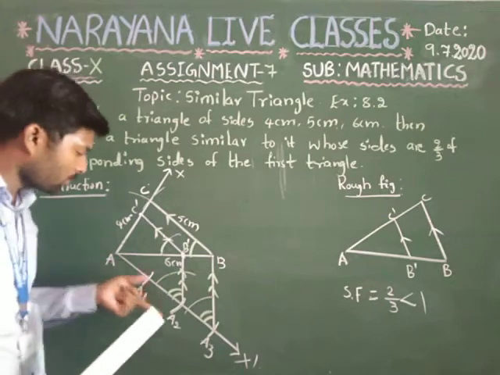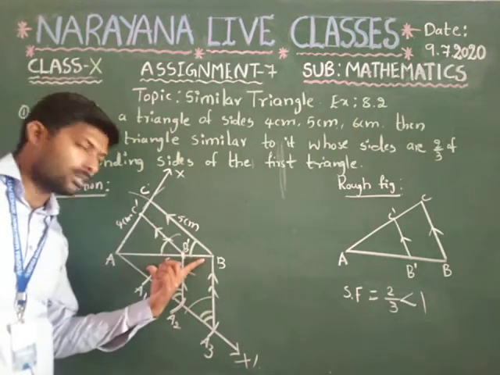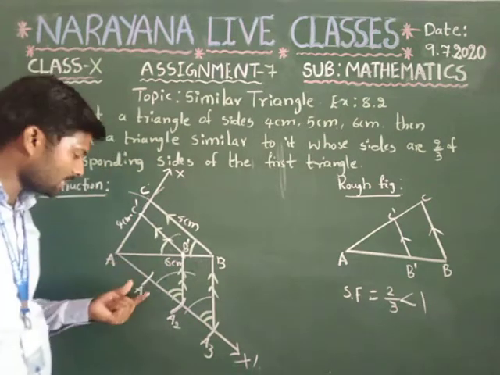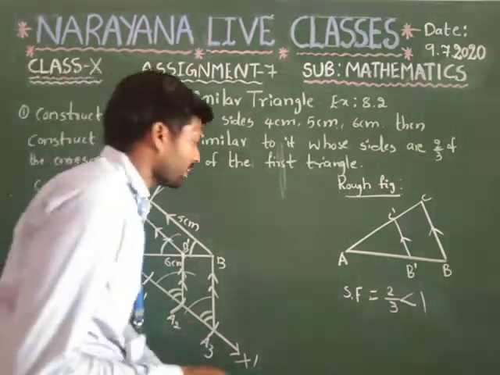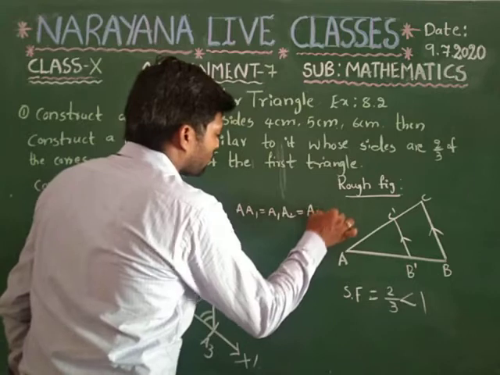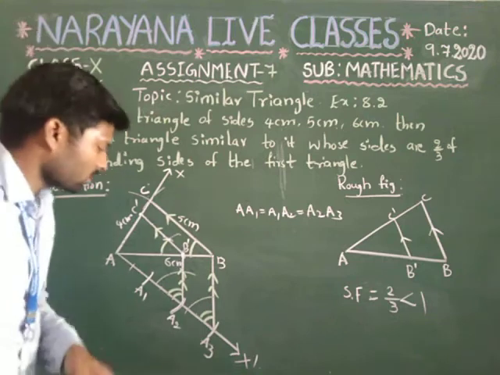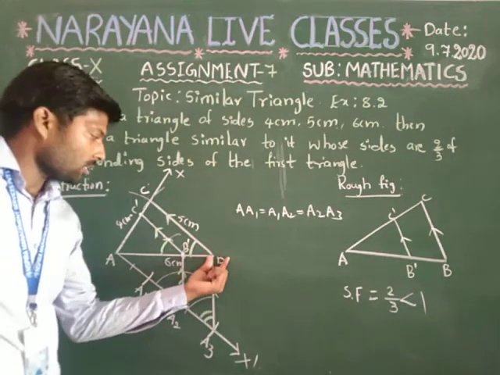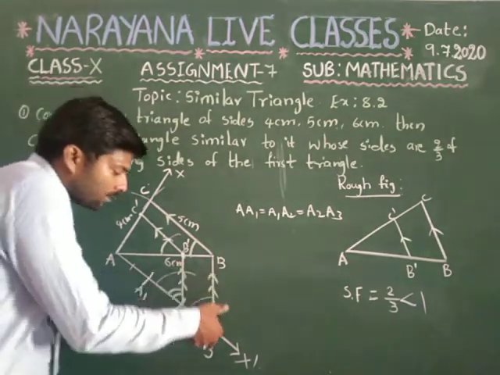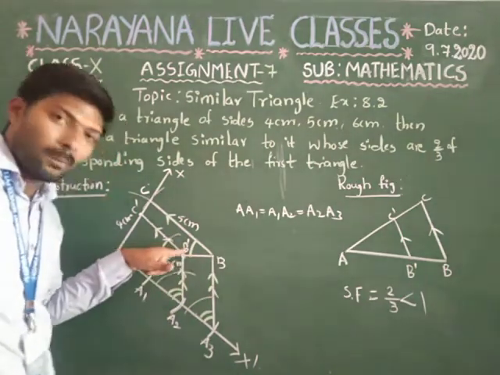After that, in the next point you have to write like this. Draw a ray AX dash which makes an acute angle with line segment AB. Then you have to divide it into 3 parts, that is A1, A2, A3, such that AA1 is equal to A1A2 is equal to A2A3, so that these lengths are equal. After that, join A3 to B and also draw the line from A2 which is parallel to BA3. Now the intersection of this line on line segment AB is taken as B dash.